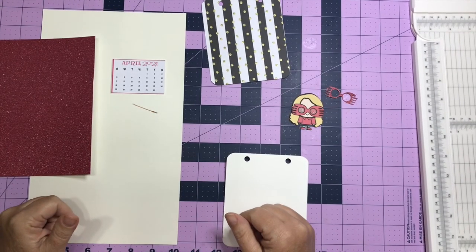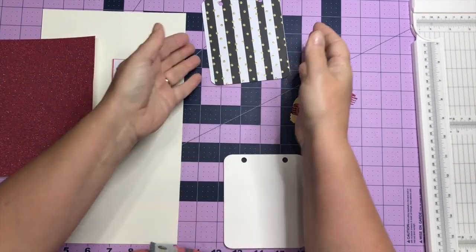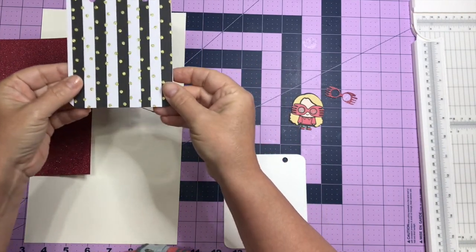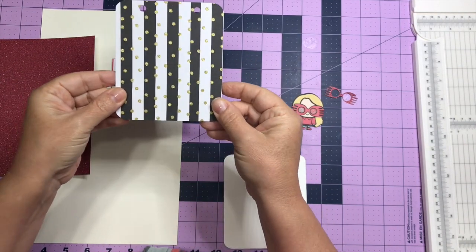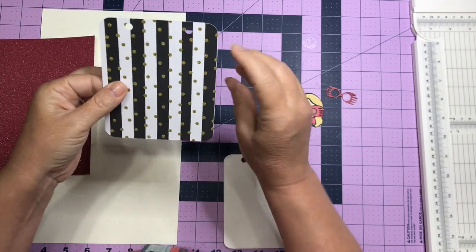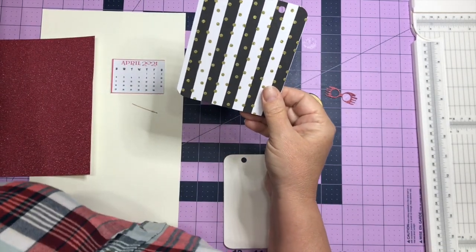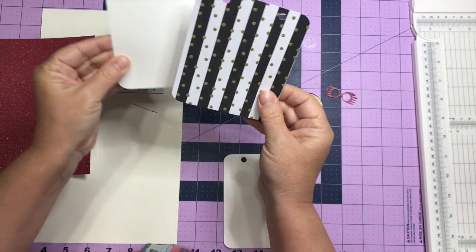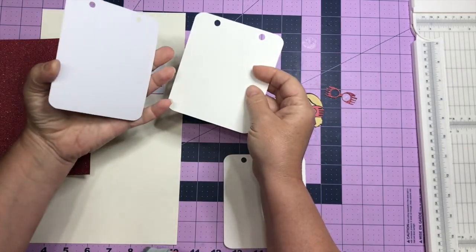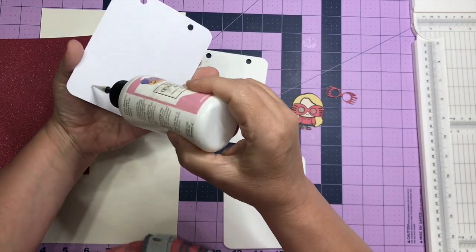Now that we've cut everything out, we're ready to start putting our Luna calendar together, and it is such a simple calendar. Basically, we have our calendar base that we cut out of cardstock. I used a pretty good heavy cardstock, so you could use this as your calendar without chipboard, but I like the stability of having chipboard, so I cut one of the templates out of chipboard first, and then I'm just going to glue the cardstock